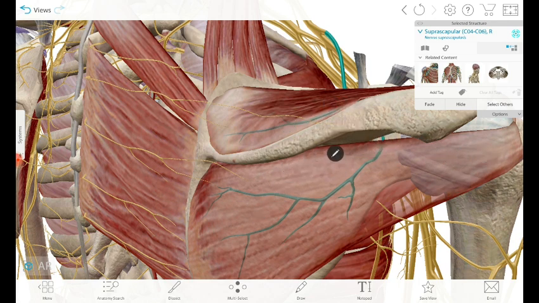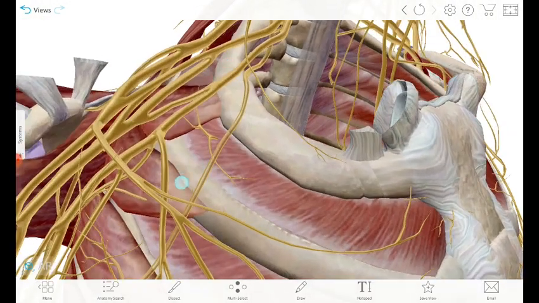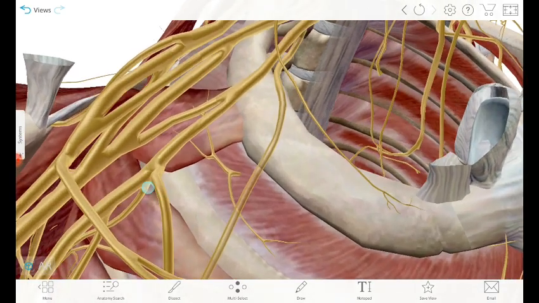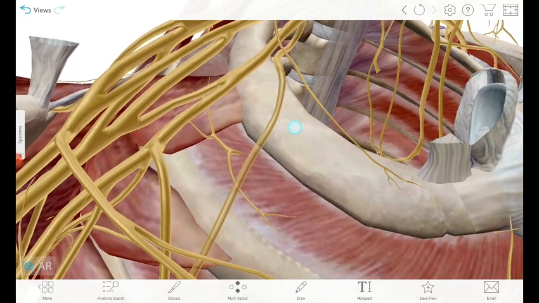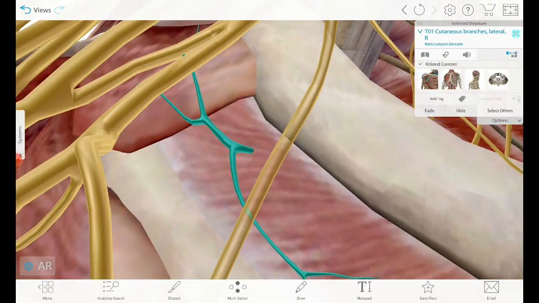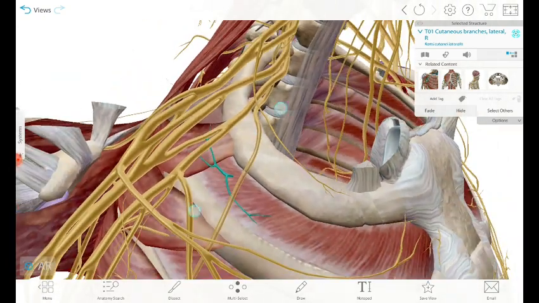And we discussed just now that if a nerve travels very closely to a muscle, then it mostly gives either motor or proprioceptive supply to that muscle. So this is the suprascapular nerve supplying the supraspinatus and the infraspinatus muscle. Now we will see the other nerve given off by the upper trunk. So the other nerve being given off is the nerve to subclavius. I think it's not visible clearly over here, but